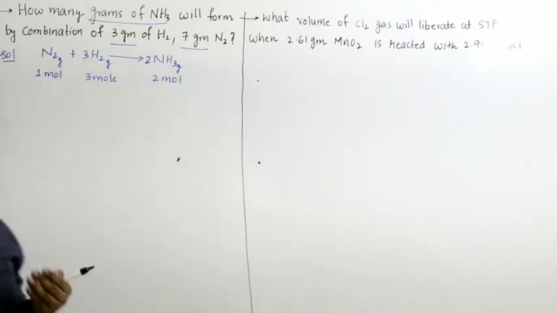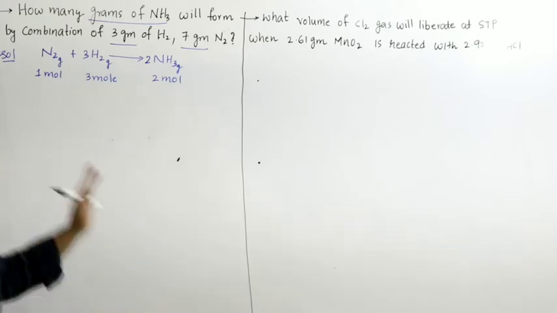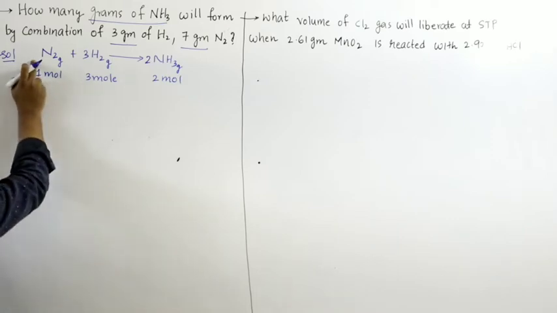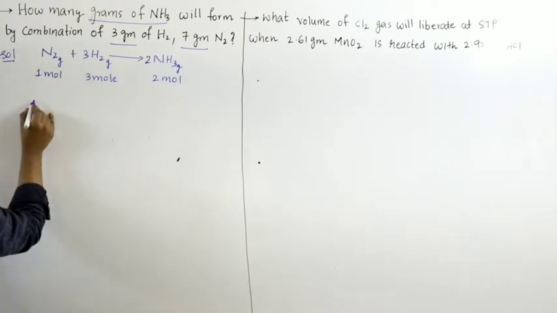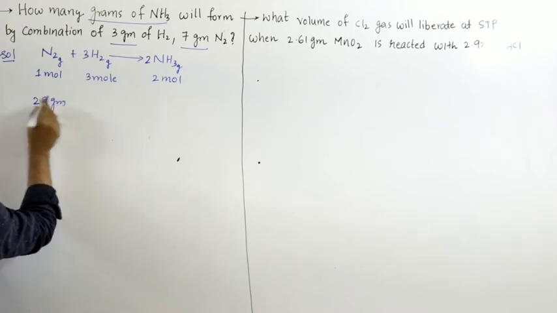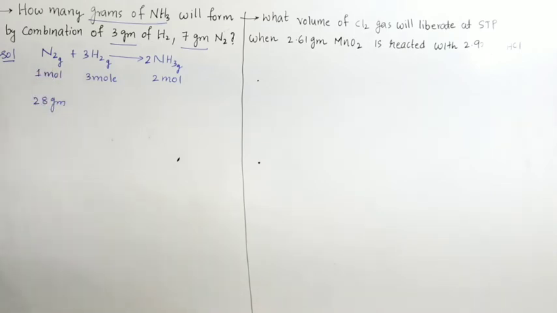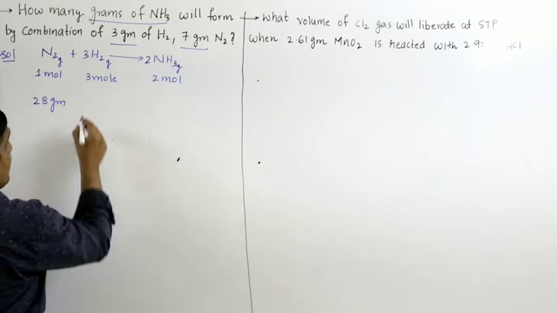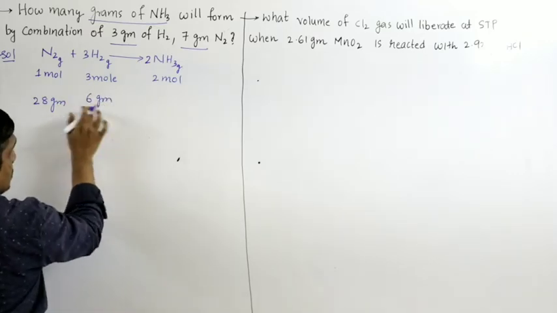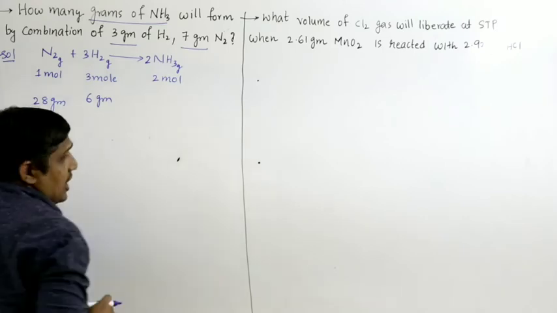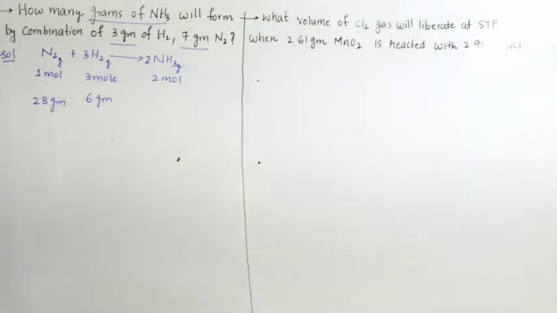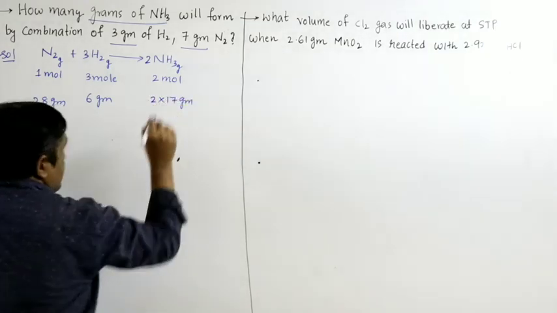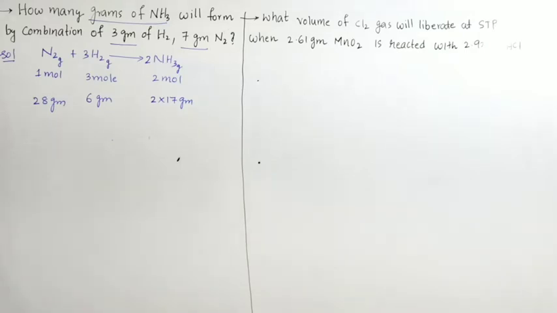So we require a mass relationship, right. So convert this mole into mass. 1 mole of nitrogen, 1 mole means weight equal to the molecular weight, nitrogen is 28 grams. 1 mole of nitrogen is nothing but 28 grams. 3 moles of hydrogen: 1 mole of hydrogen is 2 grams, 3 moles of hydrogen will be 6 grams, 3 into 2, 6. 1 mole of ammonia is 17 grams, 2 moles of ammonia 34 grams, 2 into 17 grams. This is the mass ratio, the stoichiometric mass ratio.